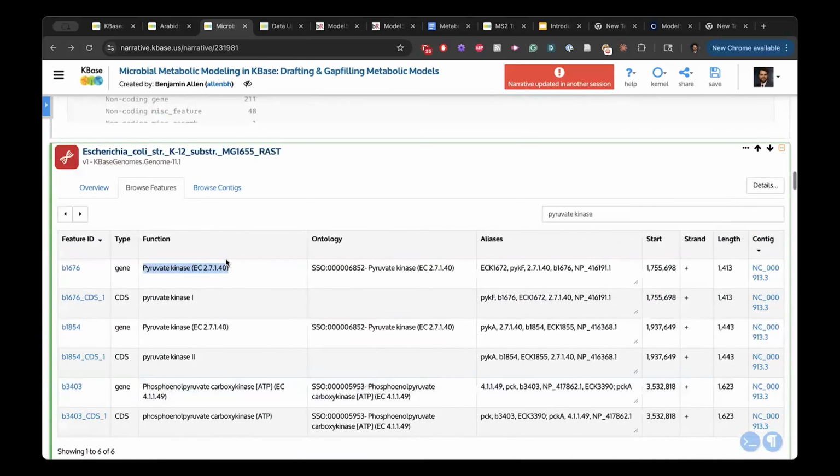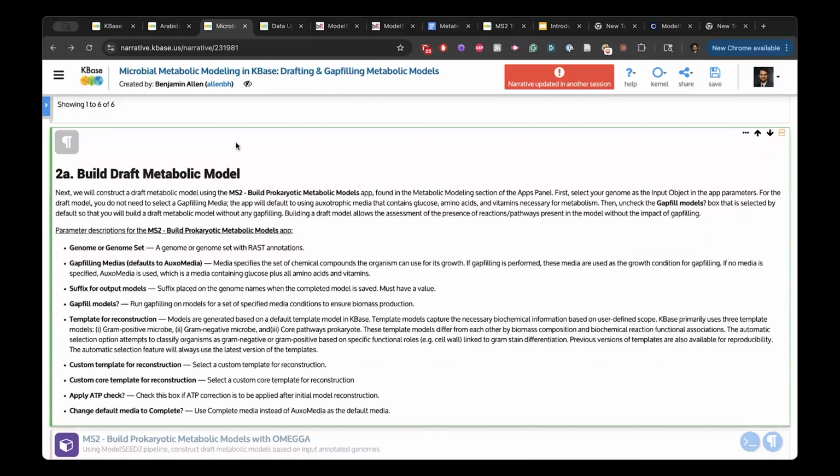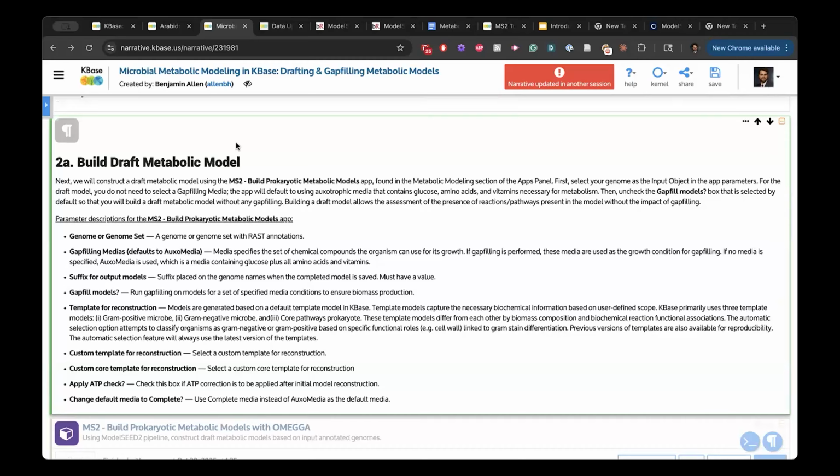And once you have your genome, that's when we really jump into building our draft metabolic model. So first thing I would like to bring up here is, what is a draft metabolic model? So why is it that we,